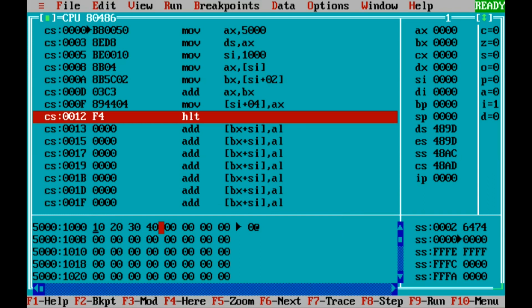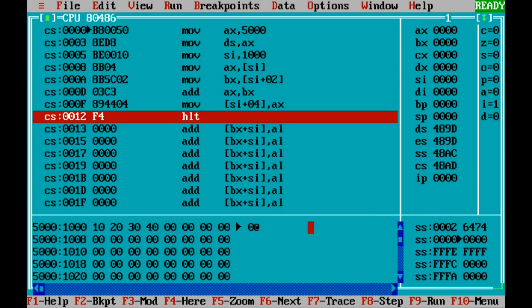Now for this addition we want to add these two numbers. The numbers are like 20, 10. We have to add with 40, 30. Getting? Now to execute this, now the data is ready in a data segment. Now for execution there are two options. Either you can execute line by line by using this F7 command, that is F7, which is a trace mode. It will just execute one by one line and it will show the result.